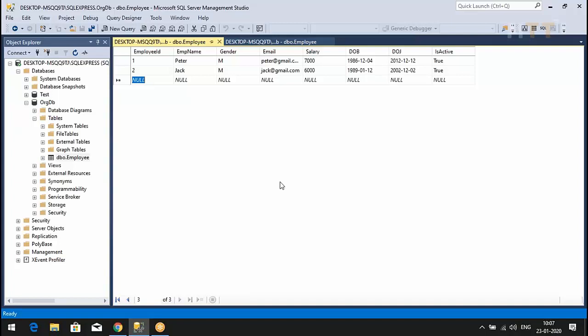As an overview, we saw some basic introduction to SQL Server, and we saw what is primary key, what is unique key, what is composite primary key, how to create a table, how to create columns, how to make a primary key, how to make a unique key. So we have seen some basic things, right? If you have any doubt, you can ask.